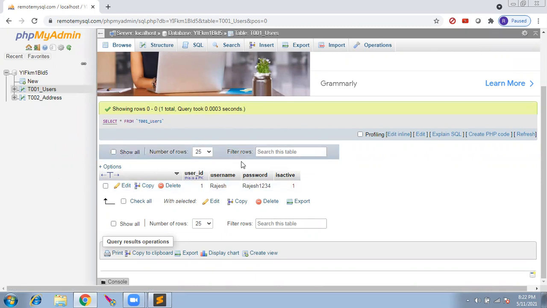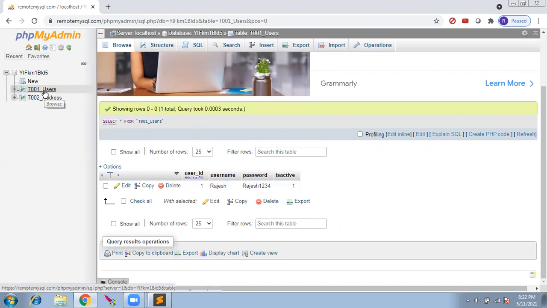So whatever we study cannot run on its own. It's all teamwork where everything talks with each other. So if today we are learning the user table and address table, next week we will be learning how to use these tables, how to call the table and these columns in the Java application. So that will be there.